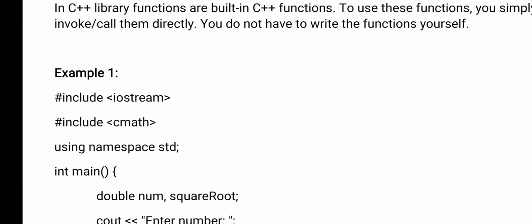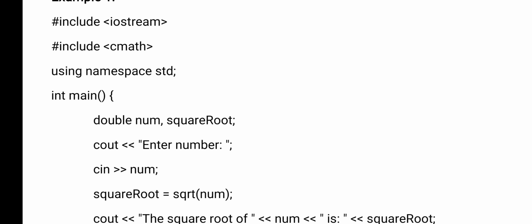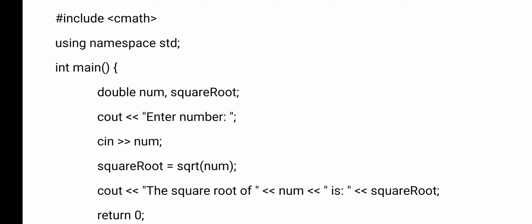Okay. Example, here you can see iostream is a preprocessor command, and here what header file I have included? cmath. Math is for if you want to use the mathematical functions. All those mathematical functions are inside this header file only. Now, which library file we are using here? std. So in this std, whatever classes are available, you can use that class.